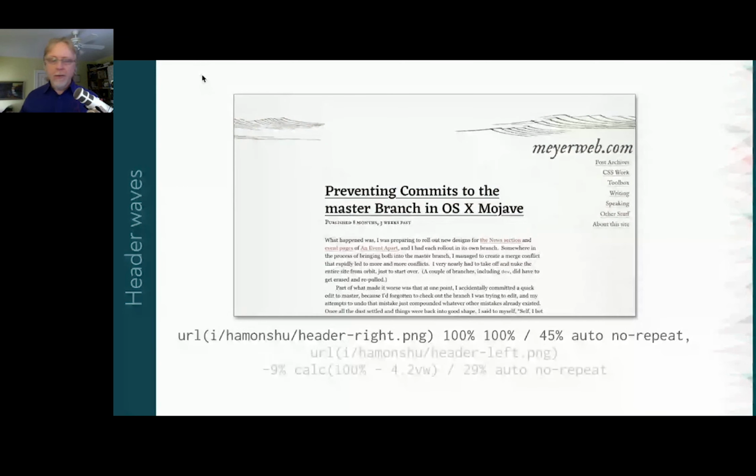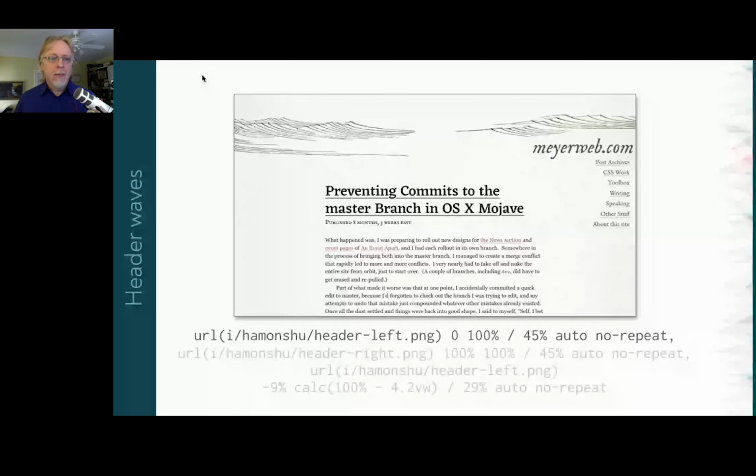and set to be 45% of the width of the header. And then here's literally another copy of that same left side wave, but it's bigger and it's pinned to the bottom, and it's also 45% the width of the header, which leaves 10% of the header clear of either wave right in the middle. Like right down the center, there's a 10% gap. And like I say, on the left, there's two copies of the same image. It's just one of them is a little bit smaller and pulled over, kind of like I did with the